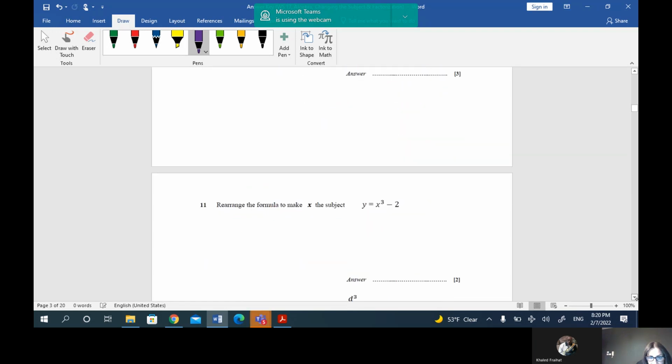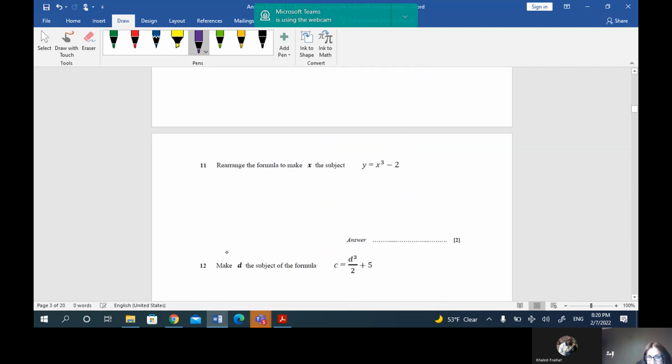Let's move to 11. Make x the subject. Y is equal to x cubed minus 2. So we're getting rid of minus 2 first. We're applying opposite operations, right? So we're going to move this to the other side of the equal. Y is originally there, so y comes down. When we move minus 2 to the other side of the equal, it will become plus 2 equals to what's